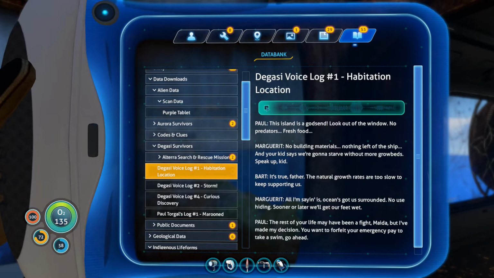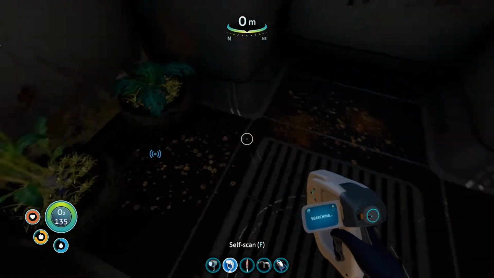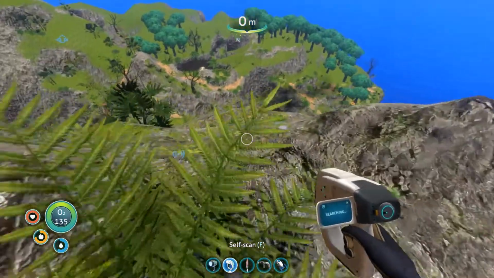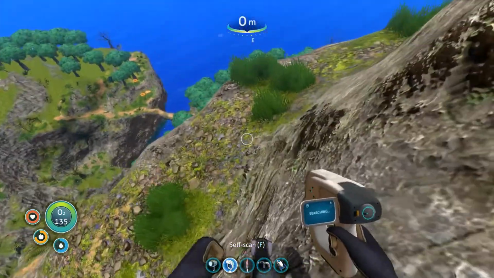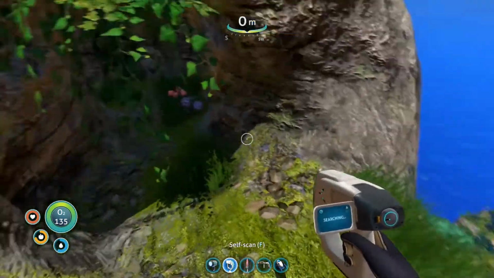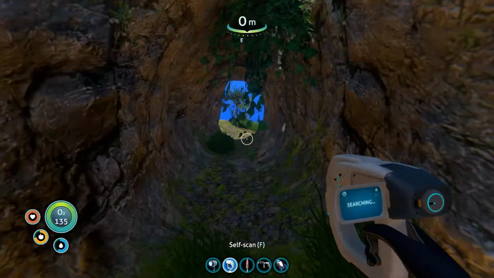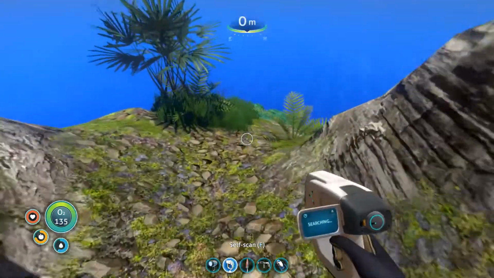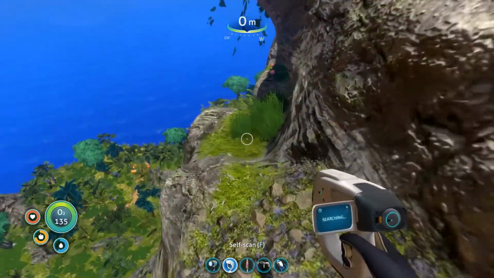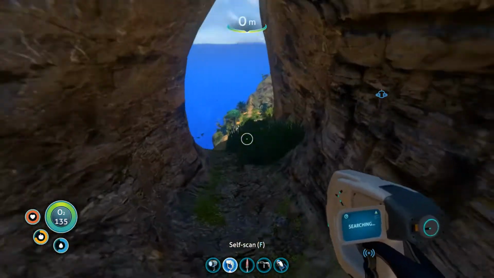Integrating new PDA data. This island is a godsend. Look out of the window. No predators, fresh food. No building materials, nothing left of the ship. And your kid says we're gonna starve without more grow beds. Speak up, kid. It's true, Father. The natural growth rates are too slow to keep supporting us. All I'm saying is the ocean's got us surrounded. No use hiding. Sooner or later, we'll get our feet wet. The rest of your life may have been a fight, Maida, but I've made my decision. You want to forfeit your emergency pay to take a swim? Go ahead. Believe me, I'm thinking